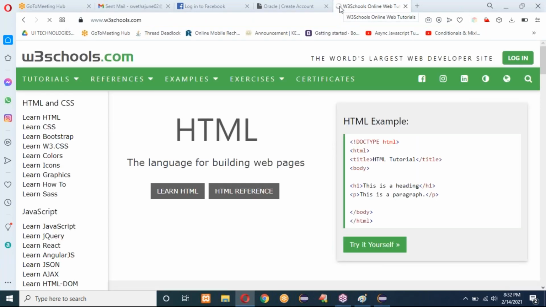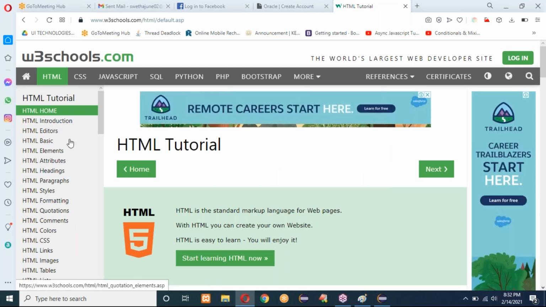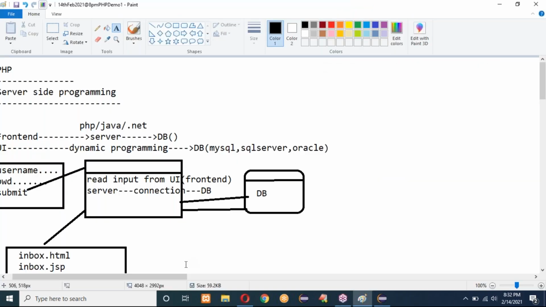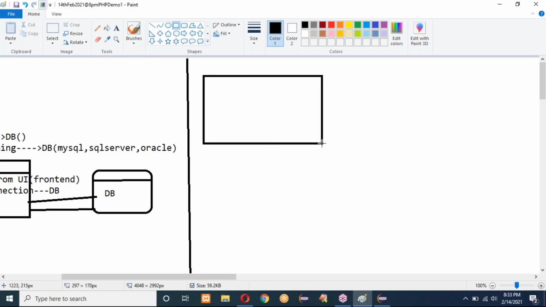There is no create account page, but if you check any one of the pages here, this is ASP. So the front end is interacting with an ASP page, ASP.NET. Similarly, we can use any front end and any database for creating our application.